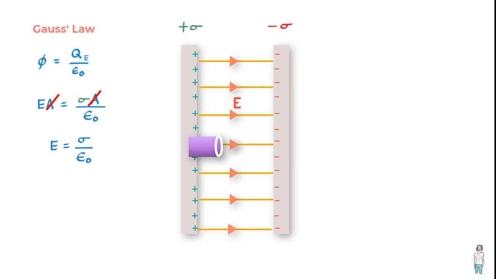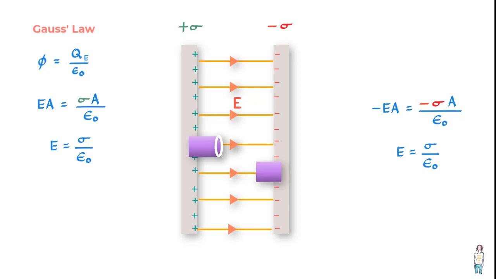Well, if you had considered the Gaussian surface on this plate instead, the equation would have been as follows. The left hand side would be minus E times A, and remember we take minus E since the field is pointing into the Gaussian surface, and the right hand side would have charge enclosed as minus rho A divided by epsilon. So you see, again we get E is equal to rho divided by epsilon. That is the same result as we got in the earlier derivation.